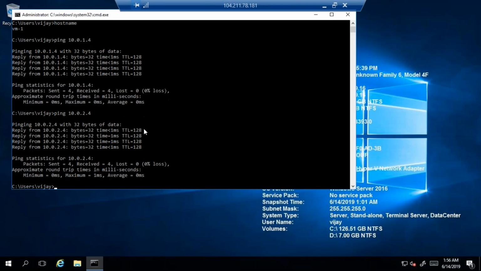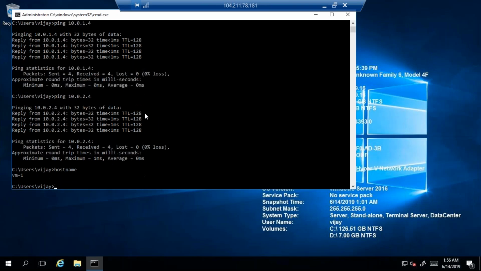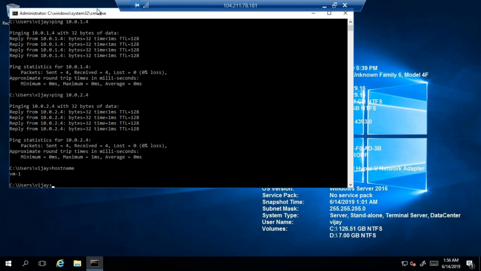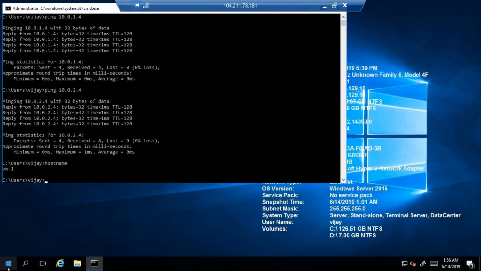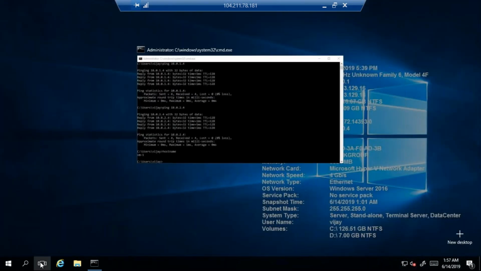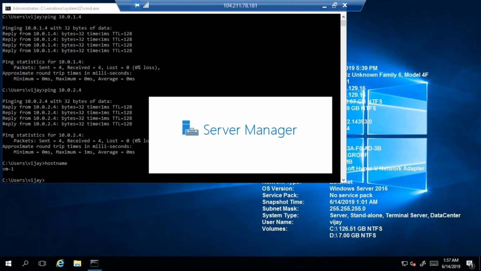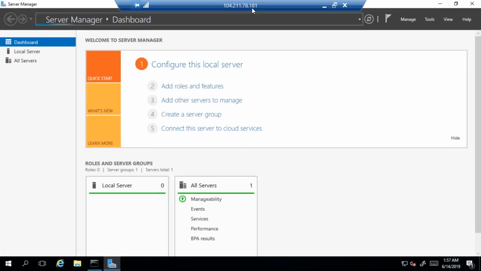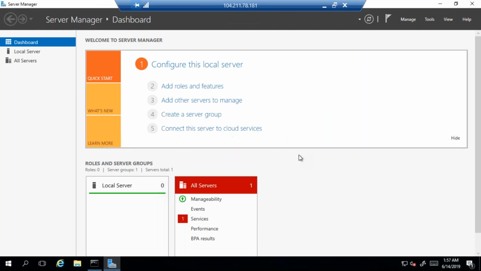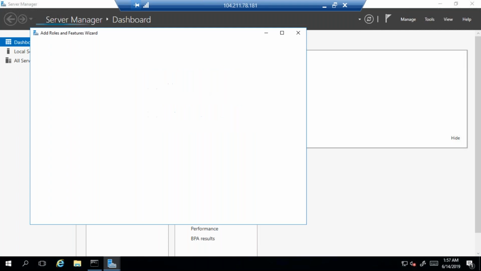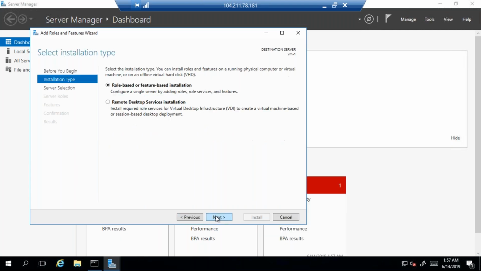So this is my VM1. Now on this VM1, I'll go and install Windows routing and remote access. Add roles and features. Next.